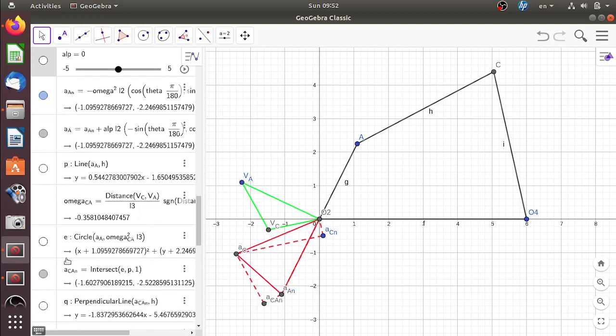I have drawn a circle. No, I don't have to draw a circle, because it's going to be in this direction. Anyway, what you could do is directly draw a line, no need for this circle.